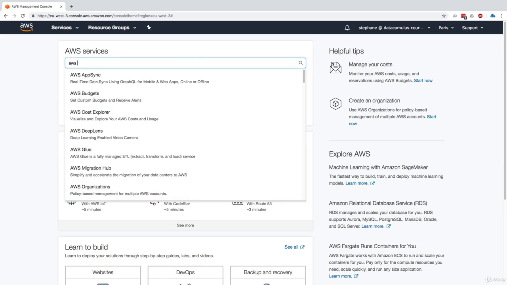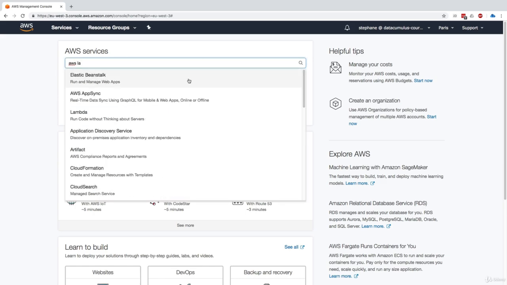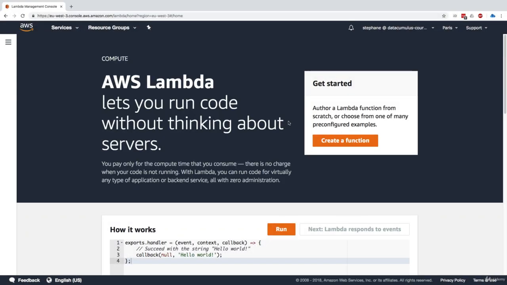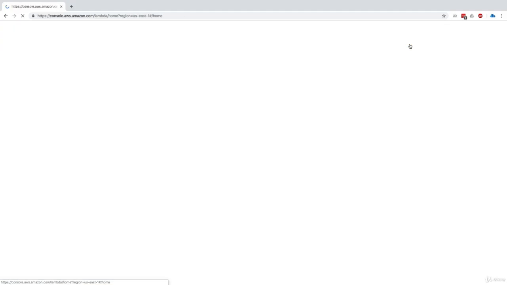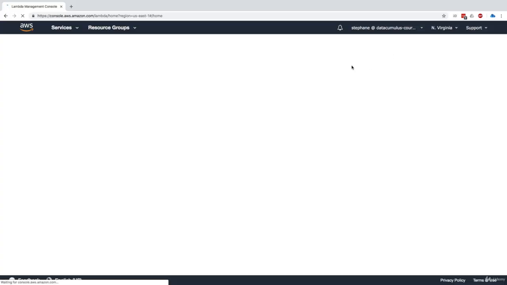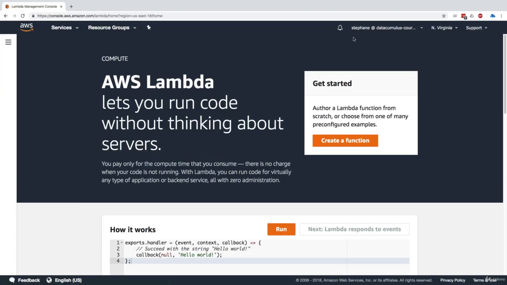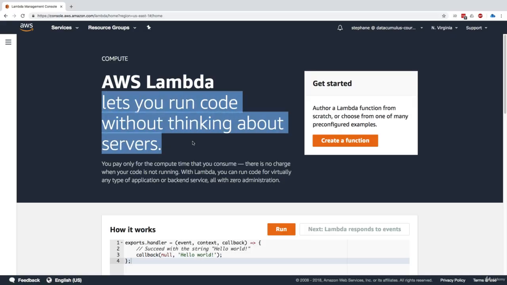Let's get started with AWS Lambda. So I'll just type Lambda in there and you go to the console. Now I want you to understand that Lambda has maybe slight differences of UI across regions. So just to be safe, I'm going to use the North Virginia region, US East, and I encourage you to do the same. It's just that we are on par on the features and we are using the same kind of UI.